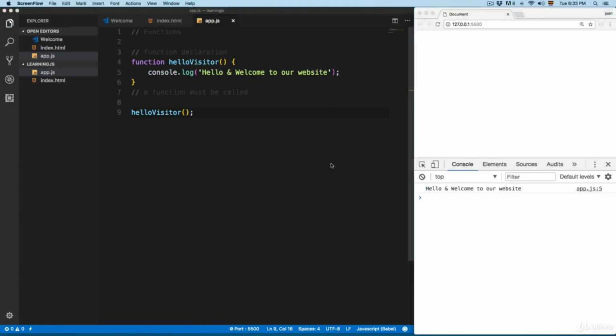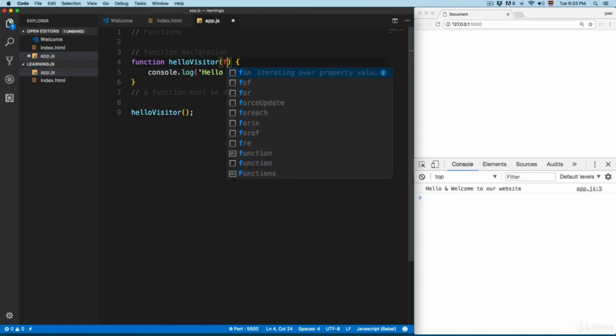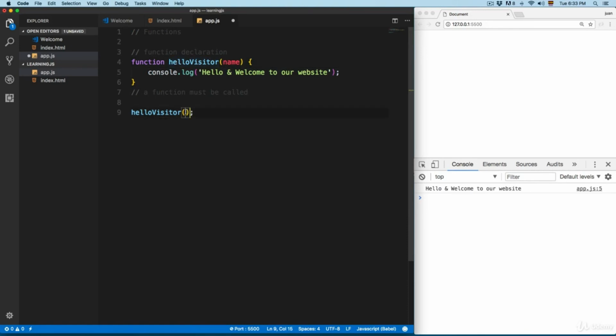You can also pass arguments to functions. This will make your functions more smart. And an argument is going to be a value from the outside of the function that is going to be added inside the function. So right here we have hello visitor. And I'm going to add right here the argument. I'm going to call this one, for example, name. And then right here we have hello visitor. I'm going to add my name,